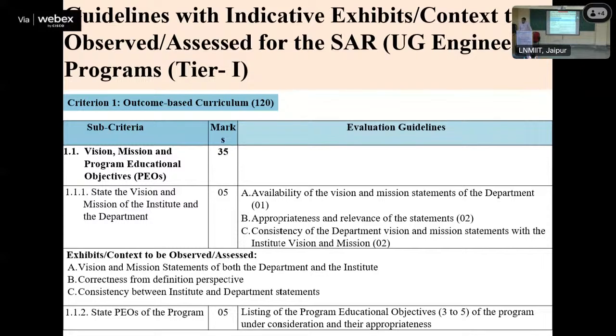And the HOD cannot say from 2024-25 because he has already filled the data for 3 years. That means that the document should be from before 3 years. Actually, in India OBE started being practiced from 2014 onwards, after the Washington Accord and all this. So it has to be dated after 2014 only, right? So these are the different